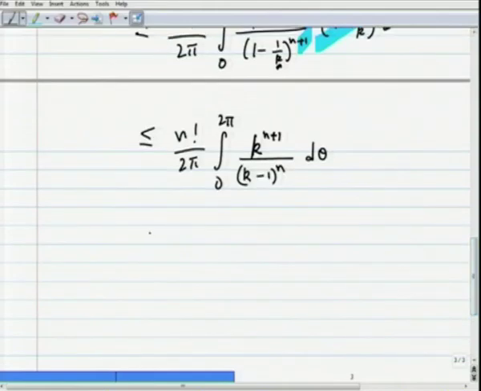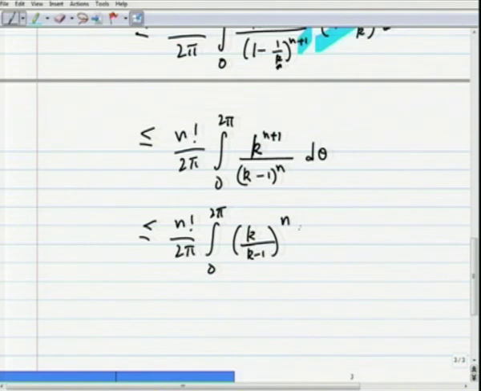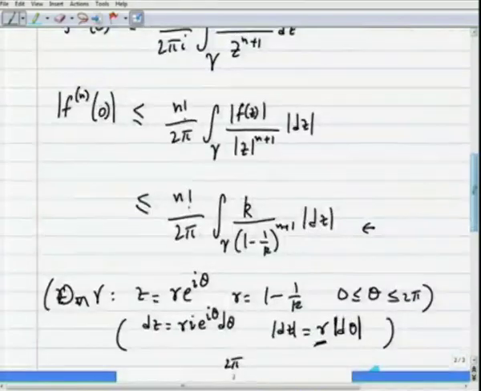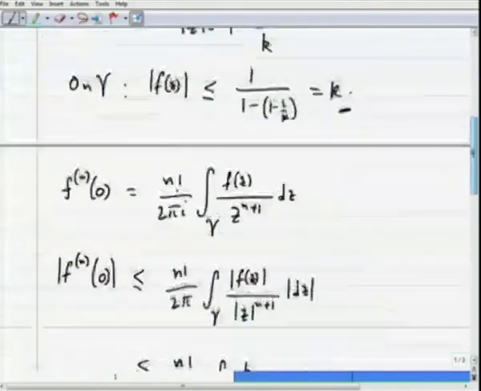Okay. And then this is less than or equal to n factorial divided by 2 pi. Well, now is the time to set k. Or let us still decode this. This looks like (k/(k-1))^n times k times d theta. And since we want to show that the nth derivative at 0 is bounded by